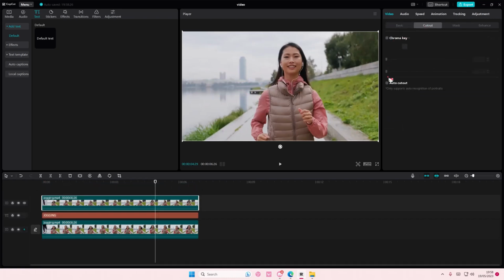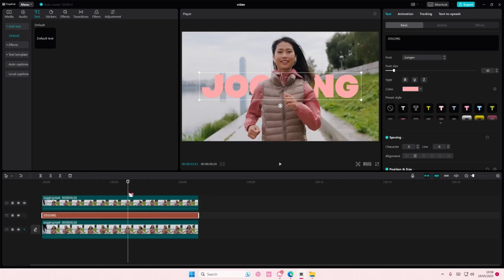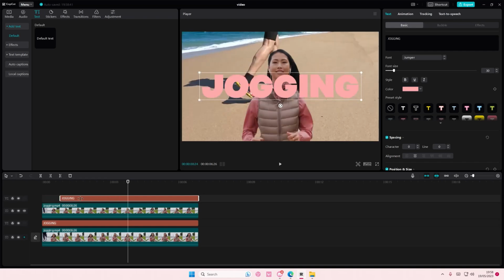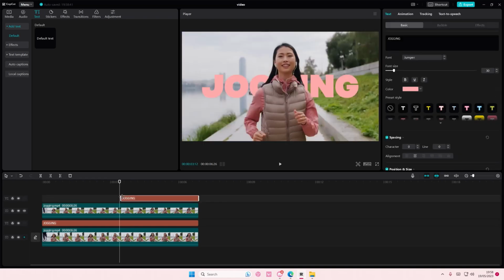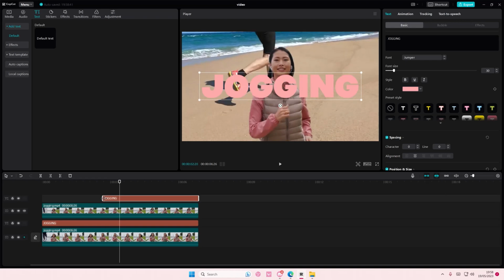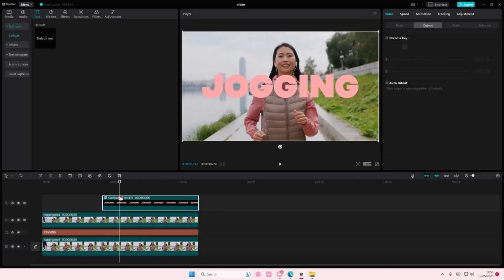Go to cutout and select auto cutout. Then you're going to select the text and copy and paste it and put it on top of the video, but you're just going to put it halfway through here. And then right click and then select create compound clip, and then here is where you're going to go